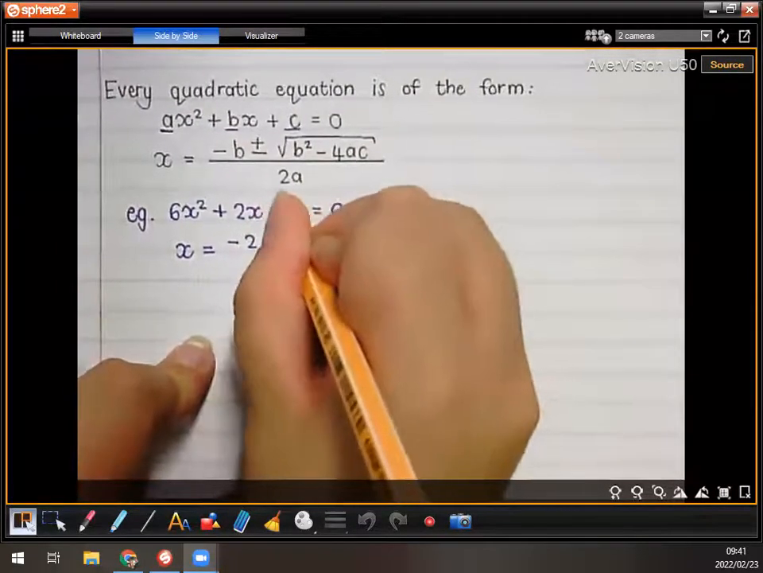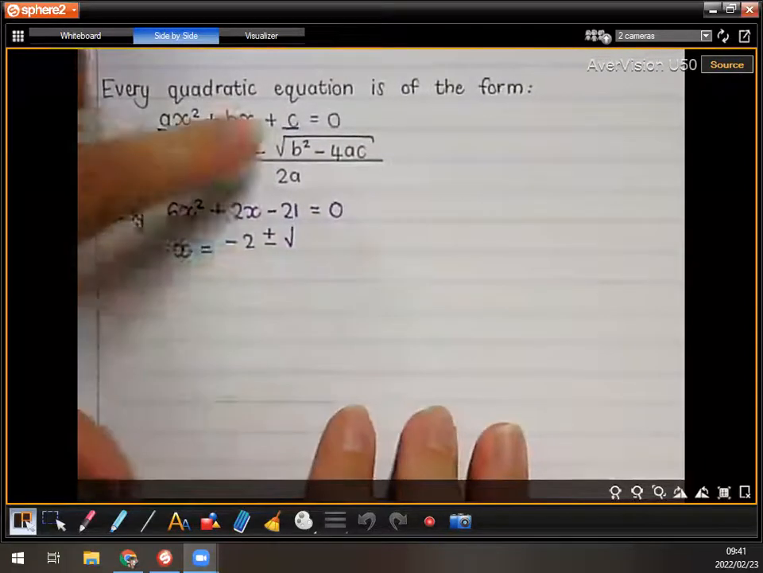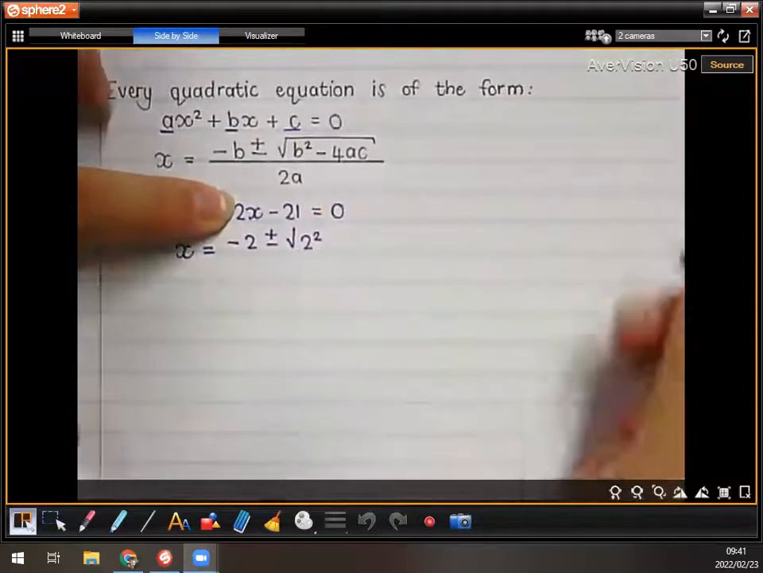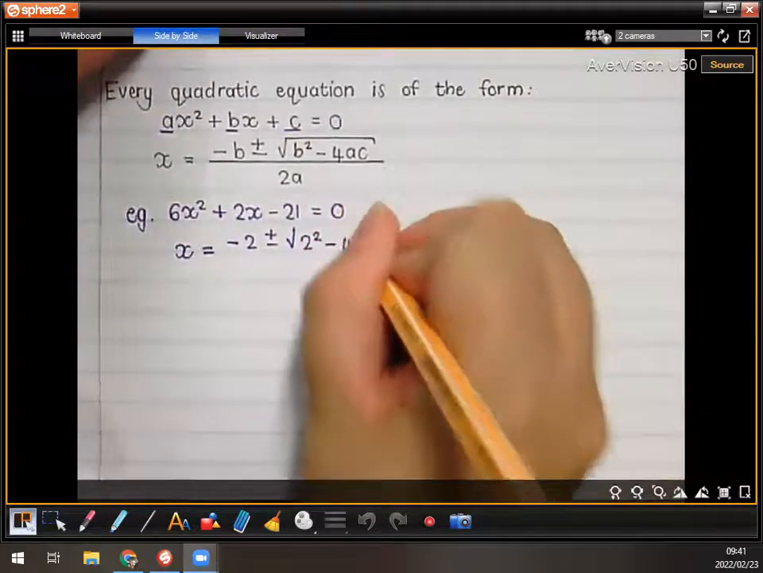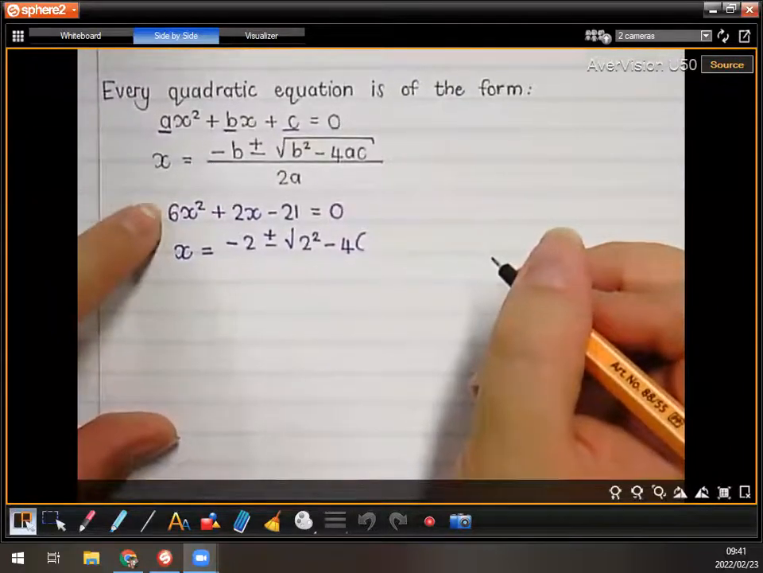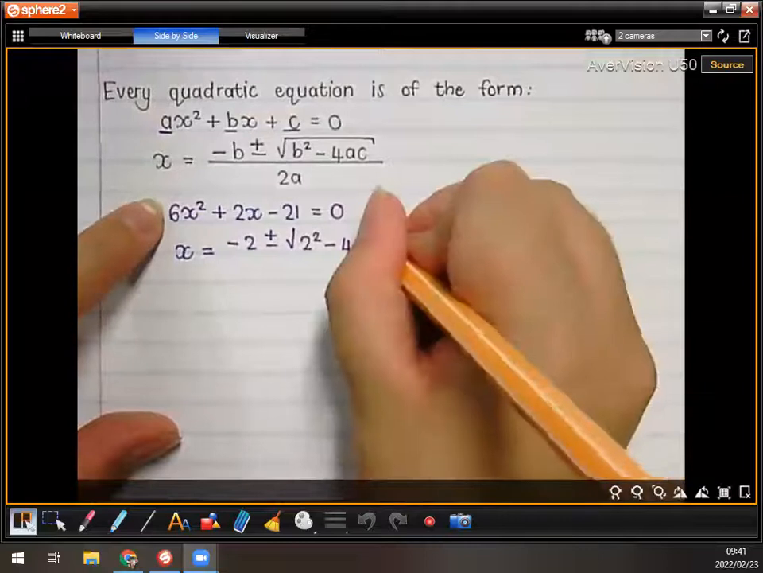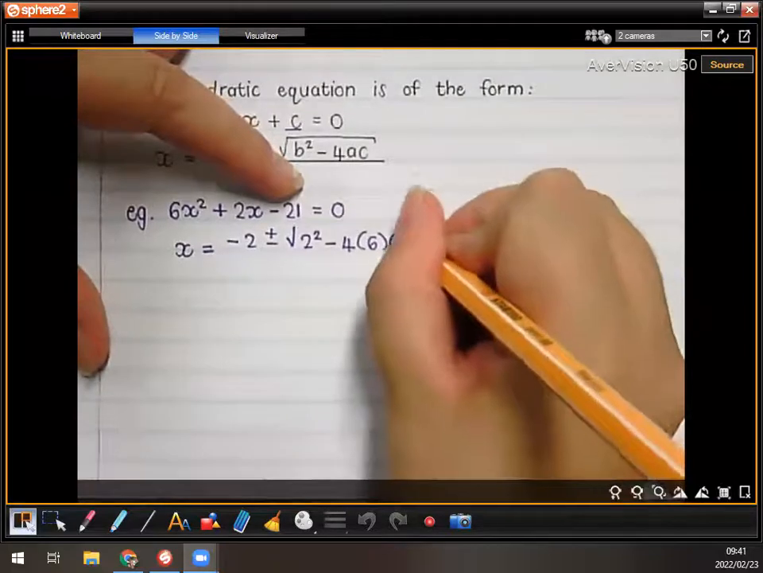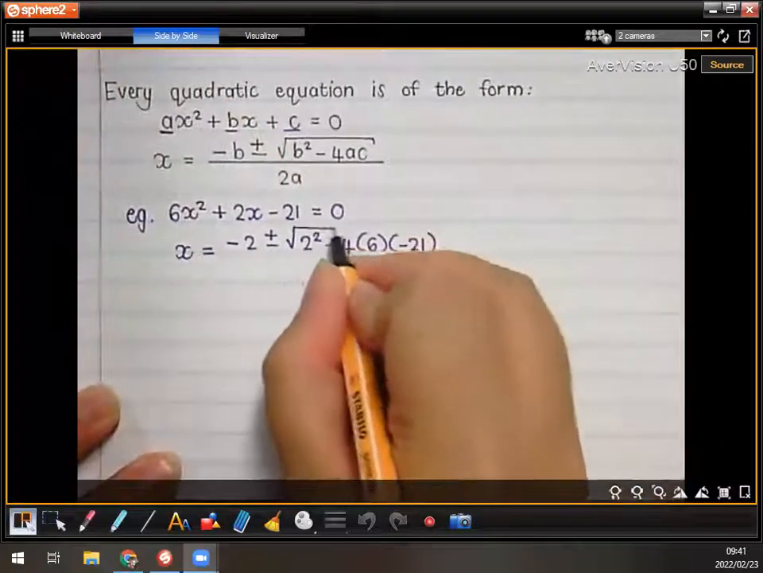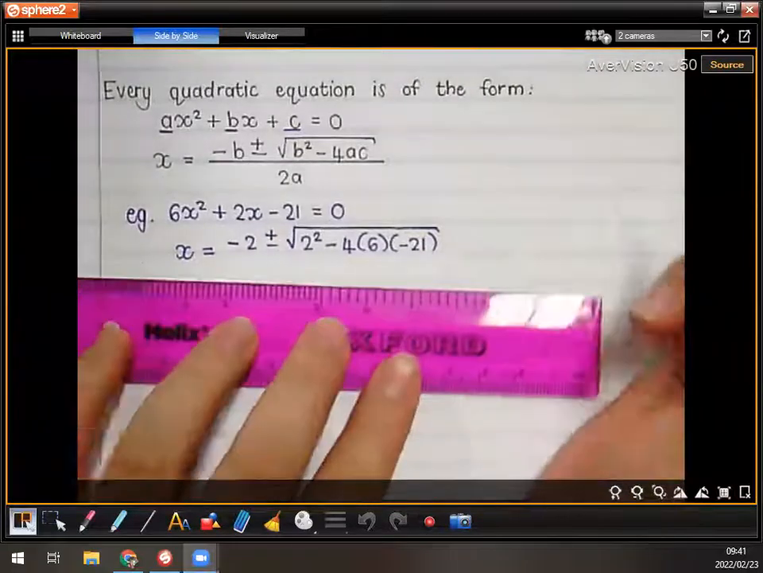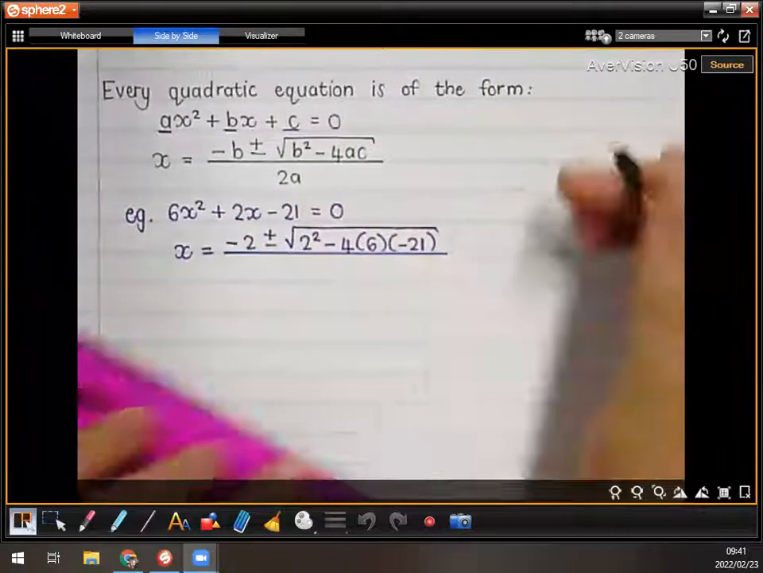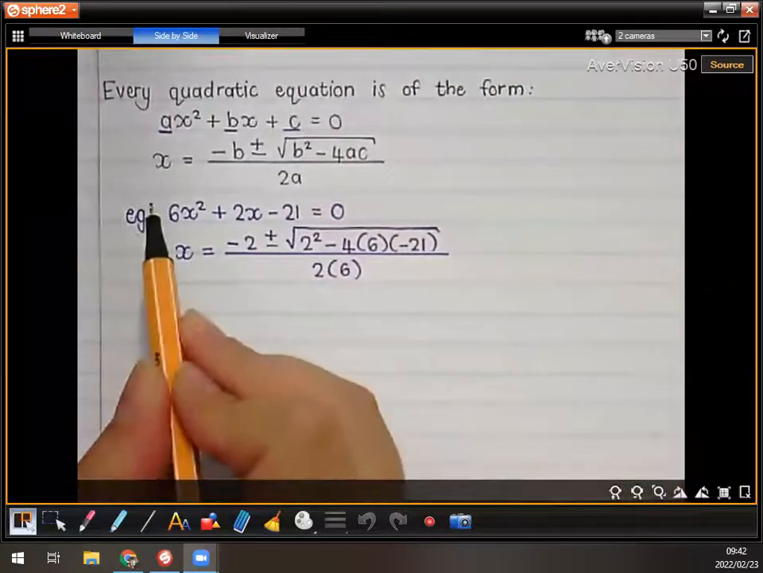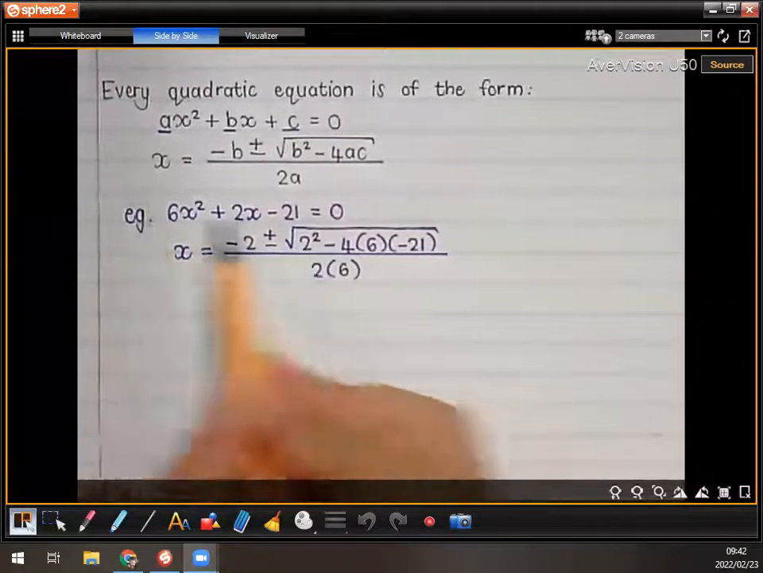Plus or minus the square root of b squared. Now, what is b again? 2. So 2 squared minus 4 times a, which is what? The coefficient of x squared is a, that is 6, times c. What is my c value? Negative 21, all over 2a, 2 times 6. So guys, if it helps, when you have your equation here, you